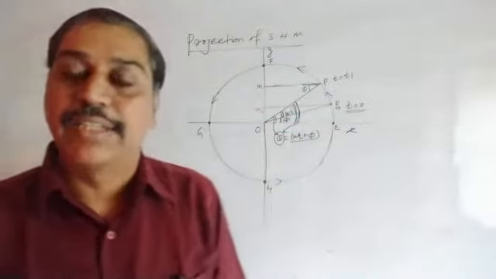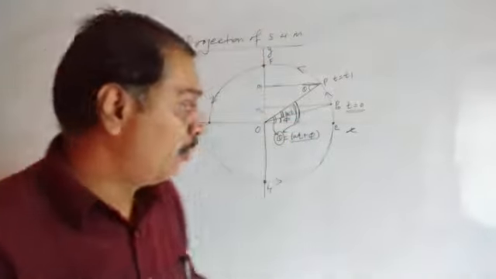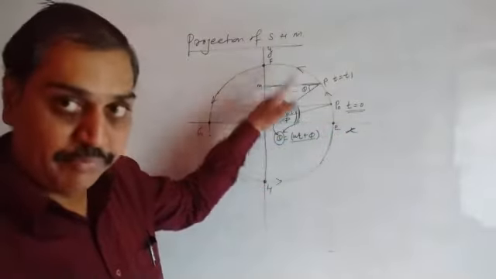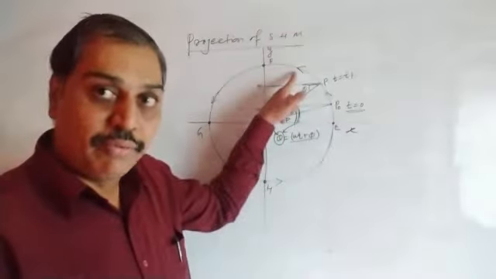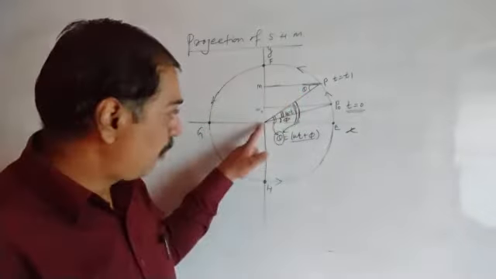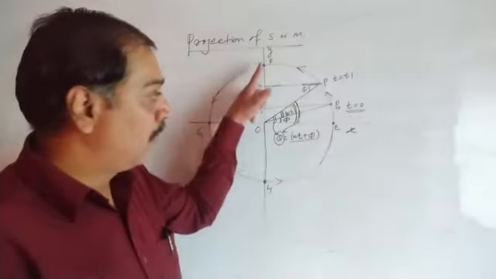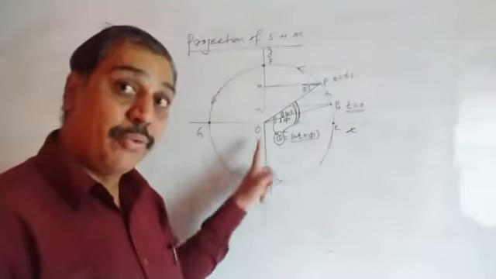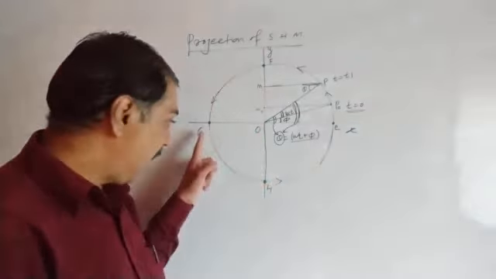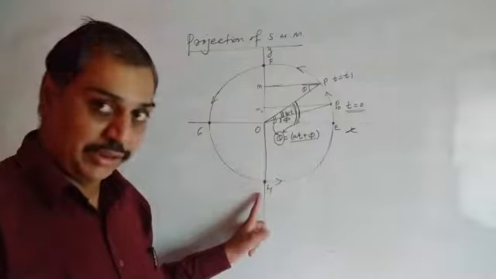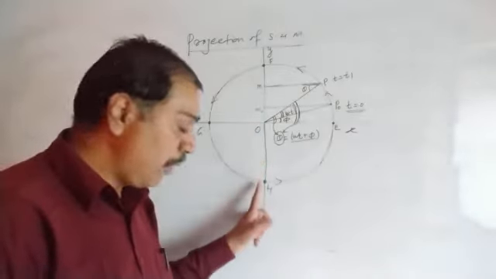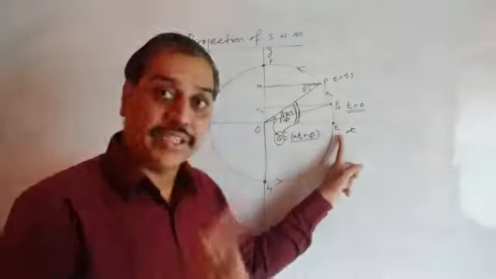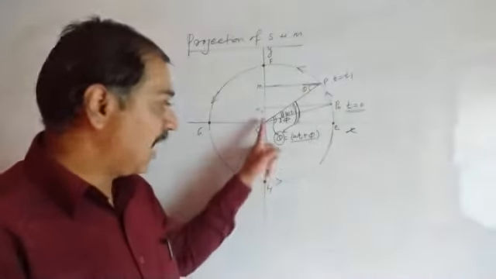In this fashion, as the particle moves along the circumference of a circle from point E to F, what will occur? The projection moves from O to F. When the particle moves from F to G, the projection moves from F to O again. When the particle moves from G to H, the projection moves from O to H. When the particle moves from H to E, completing one rotation, the projection moves from H to O.